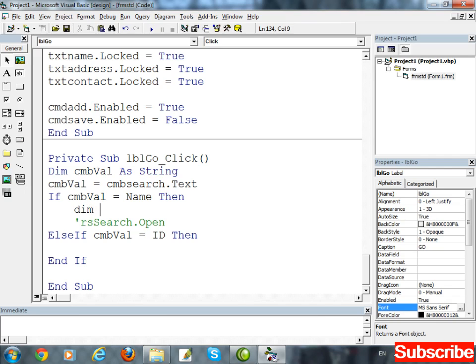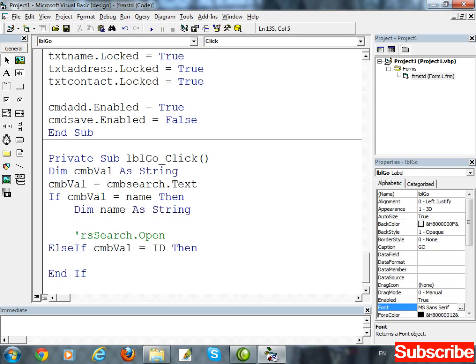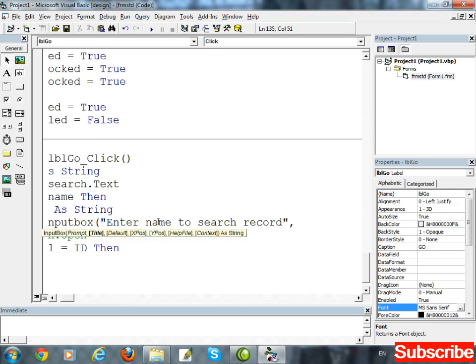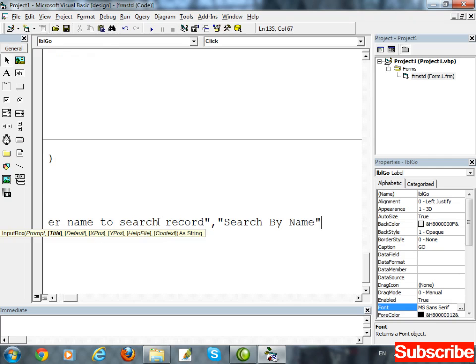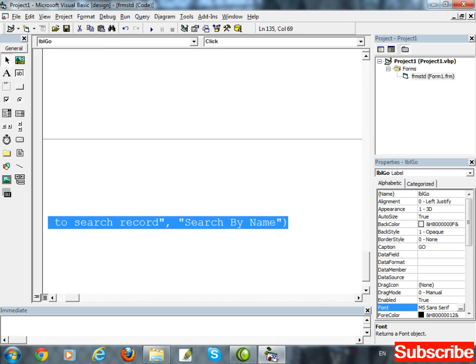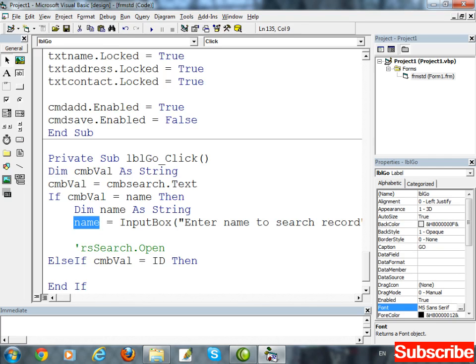Declare a variable for storing the value of the input box: dim name as string, name equal to input box, "Enter name to search record", and the title should be "Search by name". So here, using this input box, the value will be assigned to the name variable.